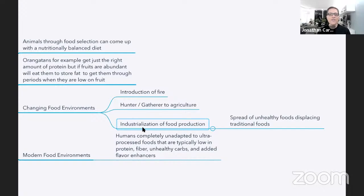So it's not the first time this has happened. Again, introduction of fire, hunter-gatherer to agriculture, industrialization of food production. It's just another step in really distancing ourselves as a species, I guess, from our natural environment. And when we get to that particular place, unfortunately, it's not going to allow us to adapt fast enough to be able to have that intuitive sense of what we need to eat,